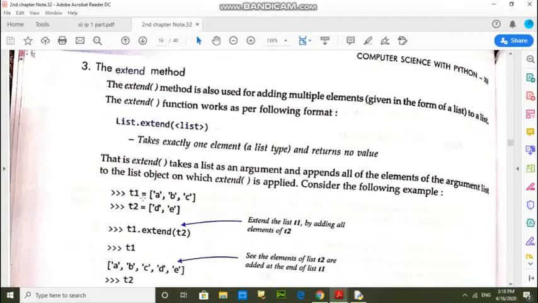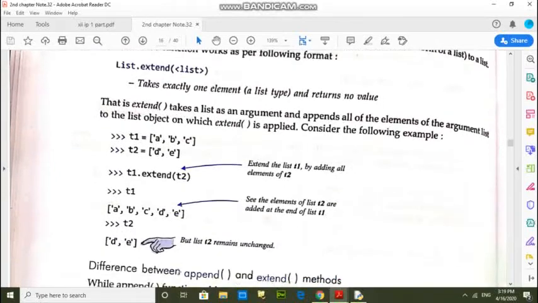Suppose that T1 equals A, B, C and T2 equals D and E, and here I am giving T1.extend. Then this T2 list will be added at the last of T1, and when we find T1's content, the second list will be added at the end.